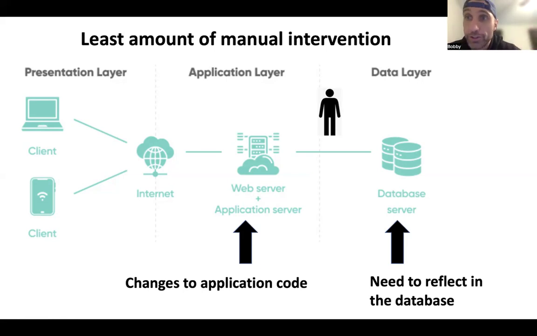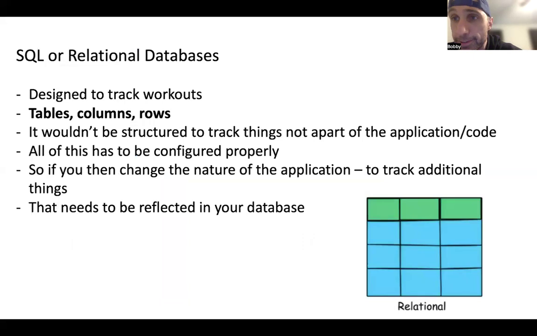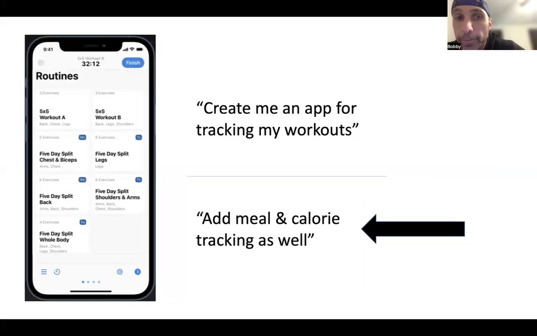All you're going to be able to do is create more third parties to just lay over top of this, and it inherits all the problems of Web 2. All right. But let's just look at an example here. A Web 2 custom AI app builder, and let's just say they're using Google Cloud, and for the database management system, they're using Postgres, so a relational type database. All right. So create me an app for tracking my workouts,